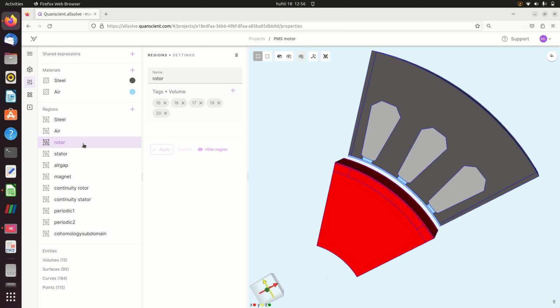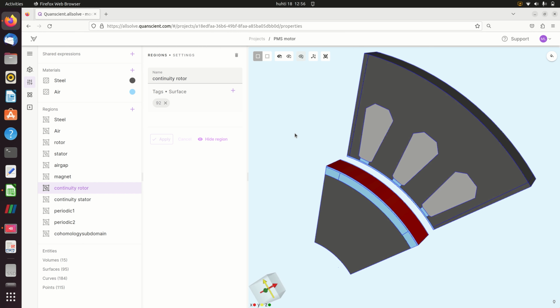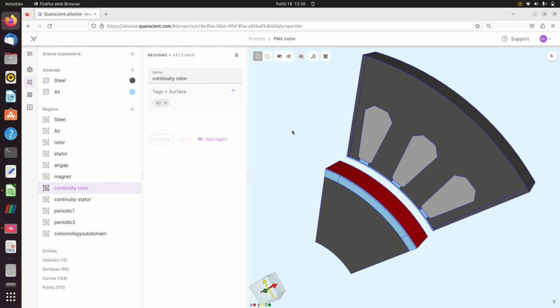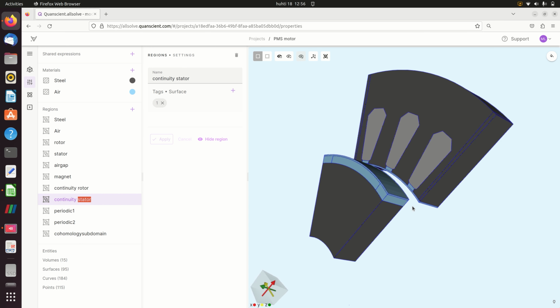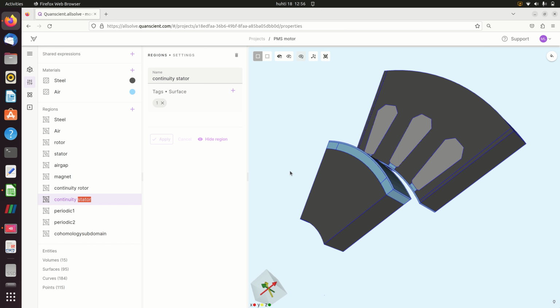First, we have all the rotating parts, all the stationary parts, air gap between rotor and stator, the permanent magnet, interface between rotor and stator on the rotor side, the corresponding one on the stator side,